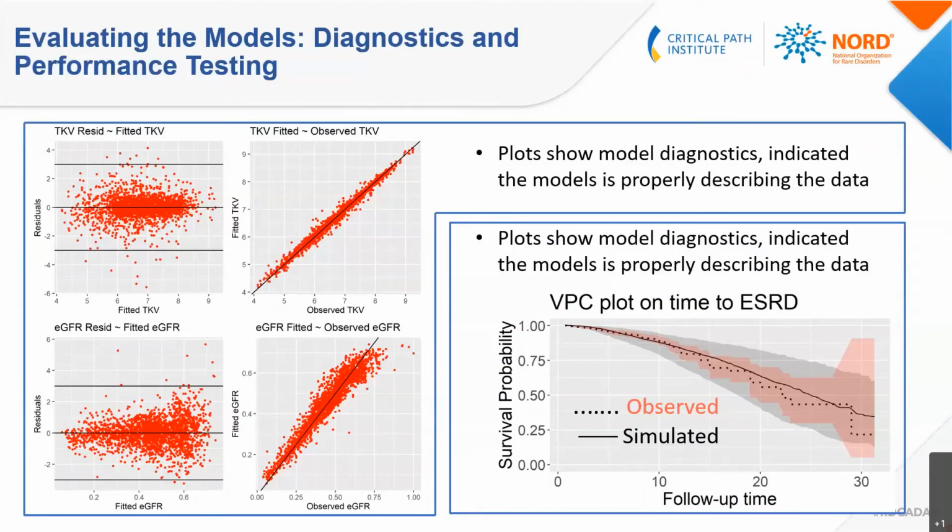Further, we also want to understand how that predictive accuracy is connected to the particular context of the disease, in this case, end-stage renal disease. So in this plot here in the lower right, what we're showing is how the model actually predicts the timing of end-stage renal disease based on the observed data, which is shown in the pink here. And so what we see is a very high degree of correlation between what the model predicts and what the data shows, giving us confidence that when we actually do, say, a simulation, that we can have confidence that this model is going to be accurately reflecting what we see in actual patient